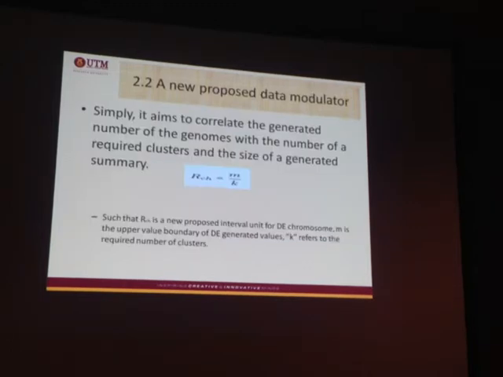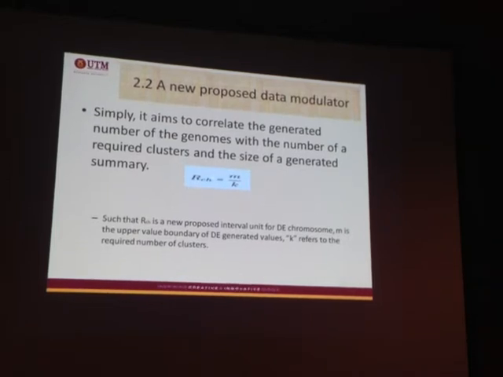Another one, as I said, we replace the genetic mutant operators by proposing only one equation used to modulate the data from real to integer. Why real to integer? Because we need to handle clustering. So we cannot say cluster 0.95, but a sequence: cluster 1, cluster 2, cluster 3, and so on. So we modulate the data from real to integer. Simply, it aims to correlate the generated number of the genome with the number of required clusters in this equation and the size of the generated summary. We try to correlate all those parts,